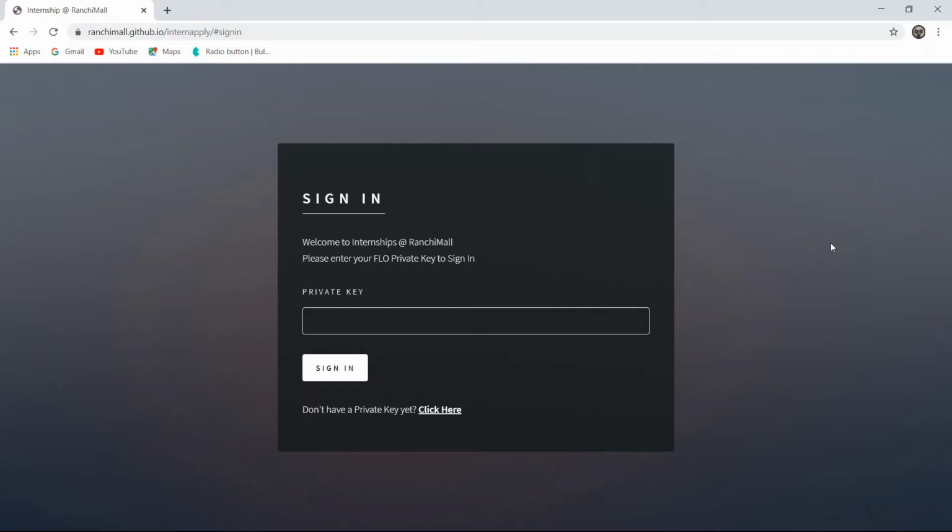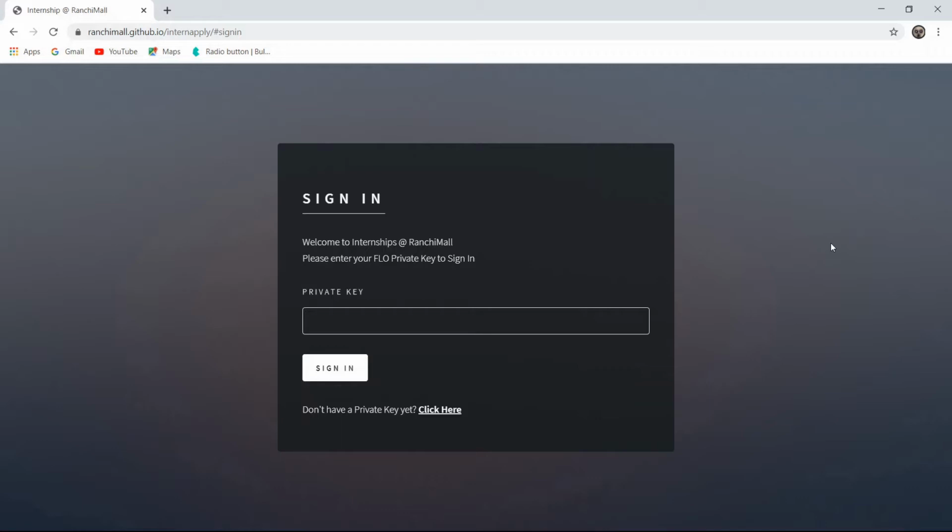So let's get started. To use the content collaboration app, each participant needs a Flow ID private key pair. Think of it like the post box at your house. People who want to send postcards will send it to your house's public address. Everyone can know about it. But to access the postcards inside that, you have your own private key.